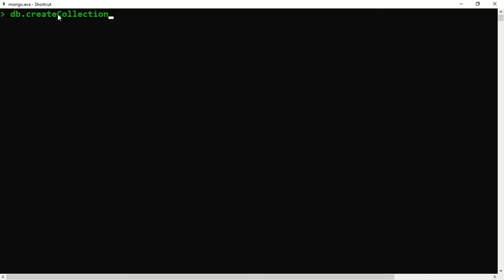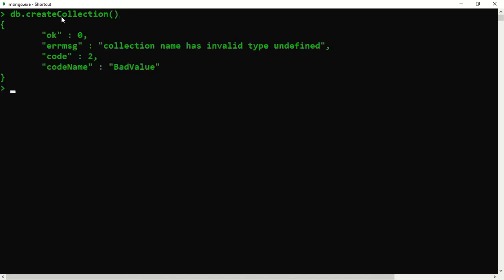We call it camel case. Camel case means the first word is in small letters, whereas the first character of the second word is in capital letter. This is the normal practice of software developers when they write commands. So here the command is createCollection, so C should be in capital letter. Please remember, small letter will not do. And this is a function, so it should have brackets, right, and press enter.